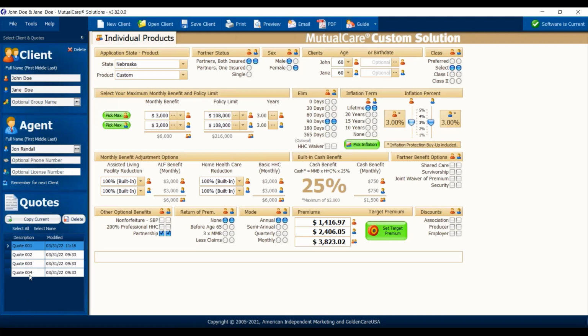But you know what? What if we went up to $6,000 a month and took the inflation off? You're saving them about $400 a year. Now, there's a lot of different ways to do this. You could do $5,000 at 1%. But the main thing I wanted to show you here is that you can save them some money by getting rid of that inflation or lowering the inflation.